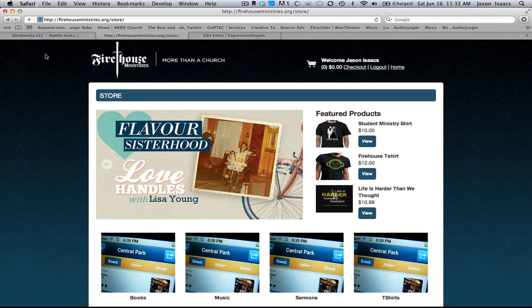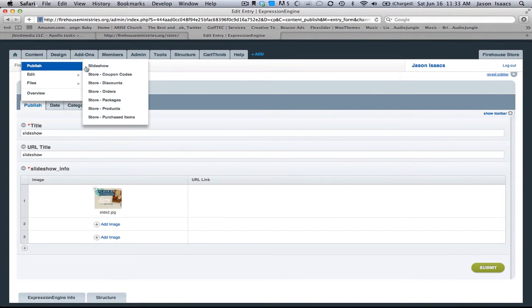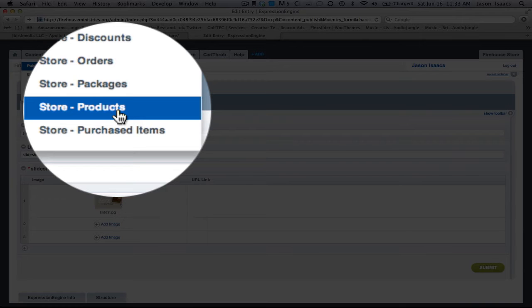So, alright, if I want to add a new product, I'm going to go to Publish, Store Products. Now, there's all sorts of different things listed here for you, but I put them all there because I wasn't exactly sure what all we would need. I can go back and clean this up a little bit later, but we'll go over those other things in a second. But I'm just going to go to Store Products,